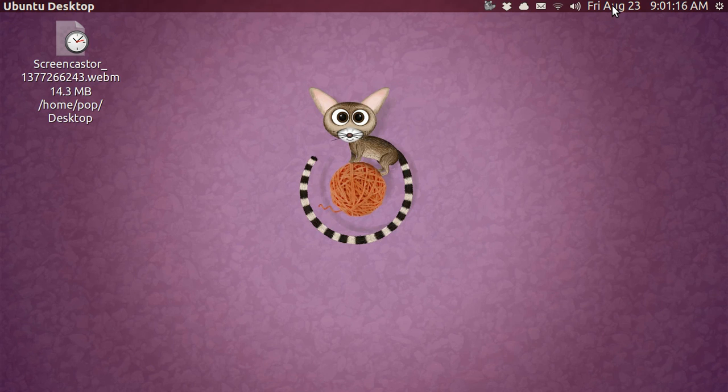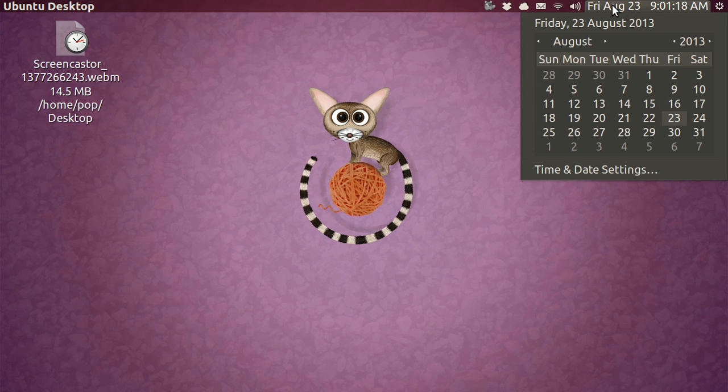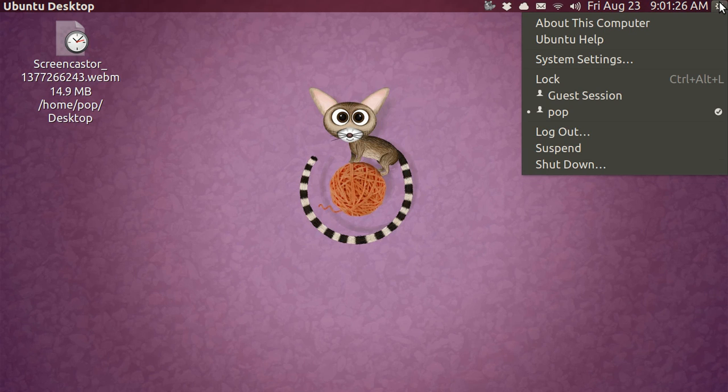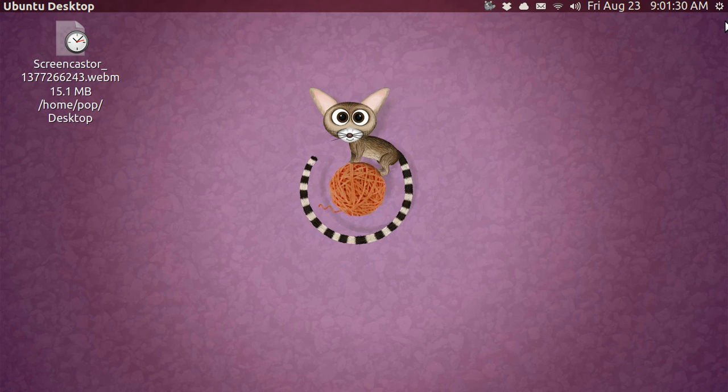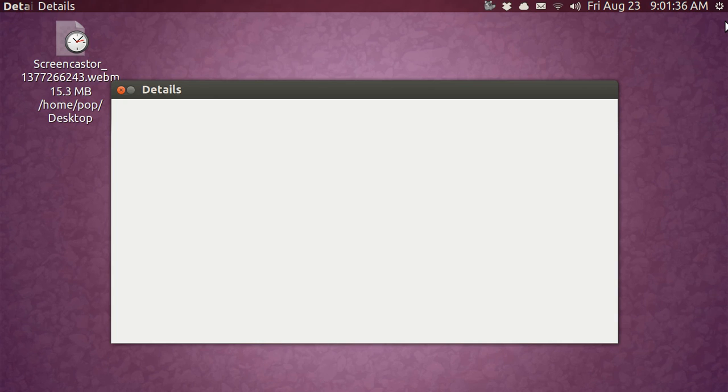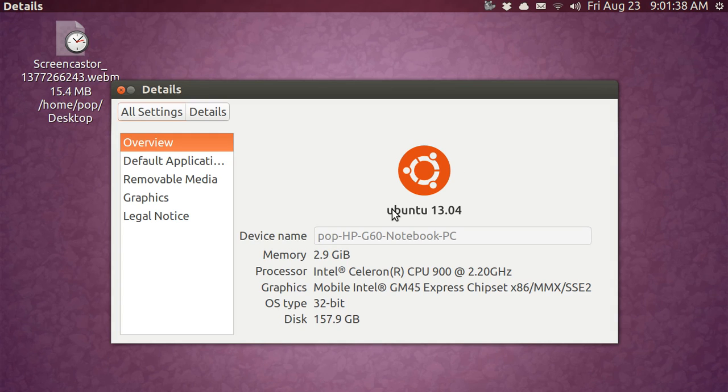As I go up here, this is a really good calendar, and you can save information on a diary and such, and I have the time going. On the far right, if I tap right here, it tells about this computer, and it tells about this program on the computer. And the first thing that it tells me is how much memory, what kind of processor, and so forth, but mostly it's telling me that I'm using Ubuntu